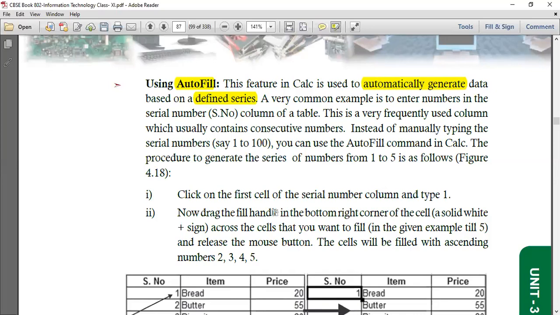If you want to put numbers in order as 1 2 3 4 5 6, these numbers you have to put. तो इसके लिए the best way is, instead of manually typing all the numbers, like अगर मान लो 1 से लेके 100 तक के numbers आपको चाहिए एक ऑर्डर में, असेंडिंग ऑर्डर में, तो नो नीड टू टाइप एवरीथिंग वन बाय वन. आप ऑटोफिल कमांड से उसको ऐड कर सकते हो.